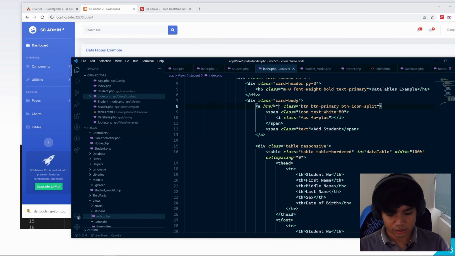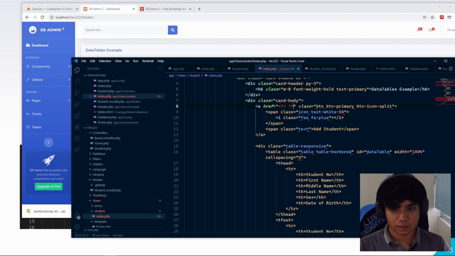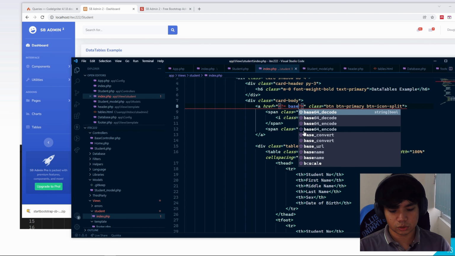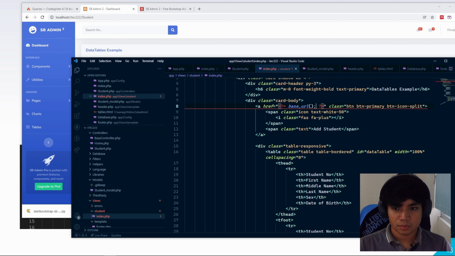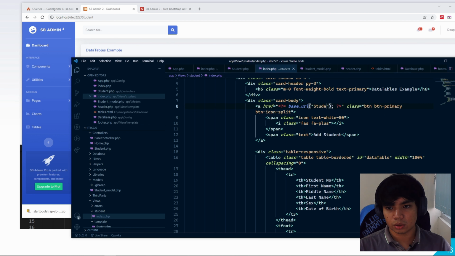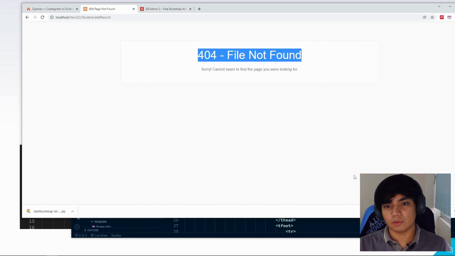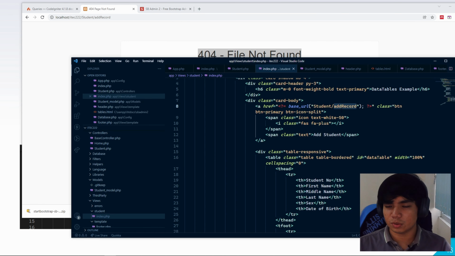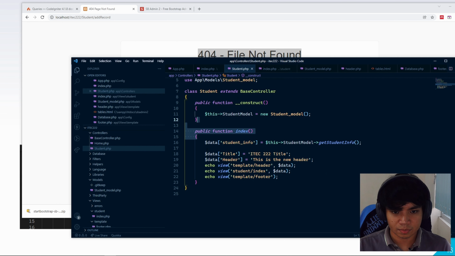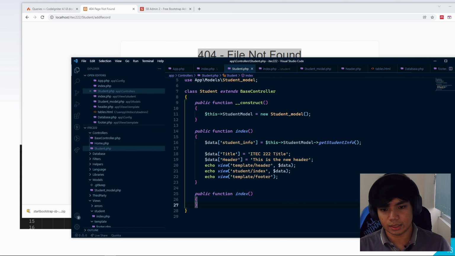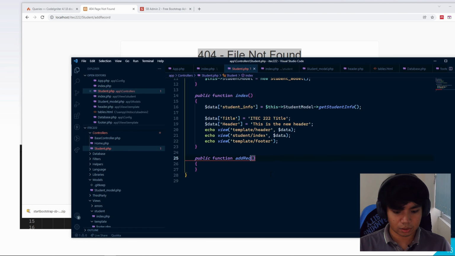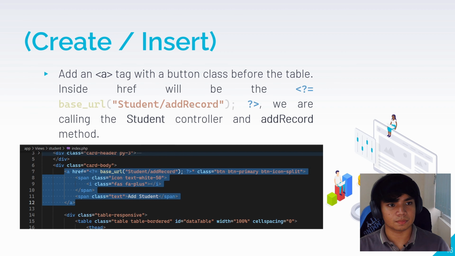So inside the href, let's echo base URL. Then we will be calling the student controller and add record method. So save. But we still do not have an add record method. So let's go to the controller here and create an add record method. So save,